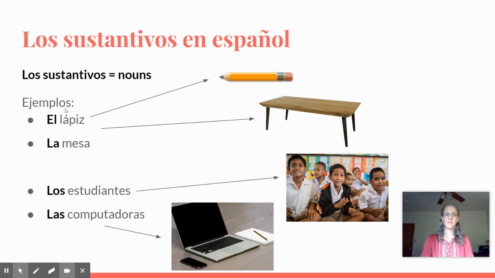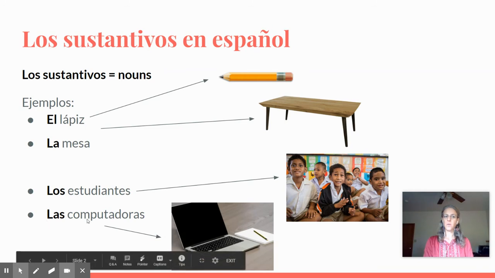Okay, so let's take a look at some nouns in español or sustantivos. En español, el lápiz. Repitan, el lápiz. Esta es la mesa. Repitan, la mesa. Los estudiantes. Repitan, los estudiantes. Y las computadoras. Repitan, las computadoras. So what we notice about